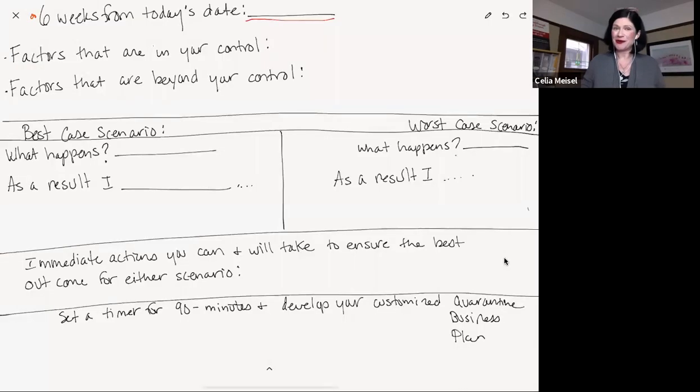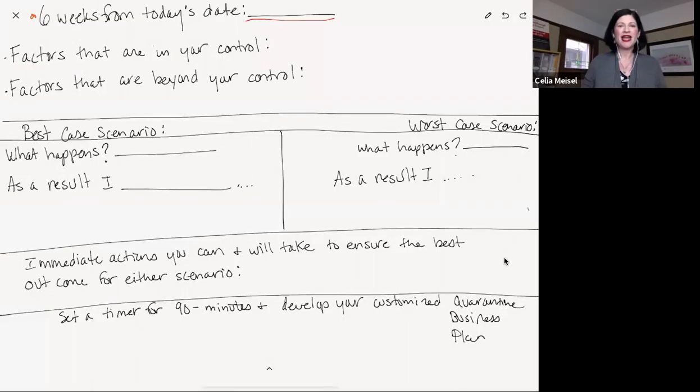There are many things in the world that can't be controlled right now. So how you take action and how you set yourself up for success will determine the outcomes that you see in the near future and in the coming months. And my intention is to empower heart-centered entrepreneurs to connect with your clients and to have a clear understanding of how to get there and what needs to happen to create success. So I am going to share my screen with you, and then we will get started with creating your quarantine